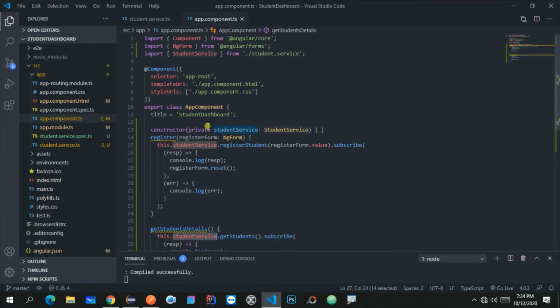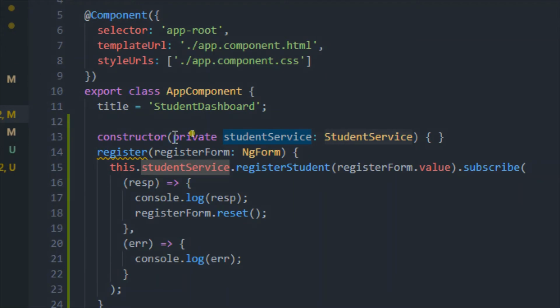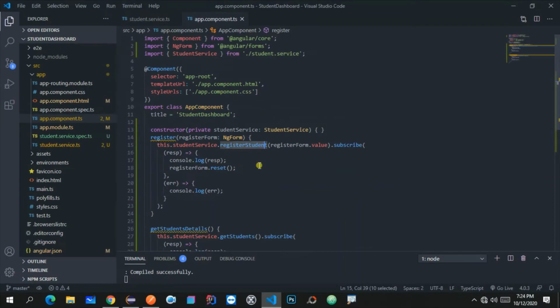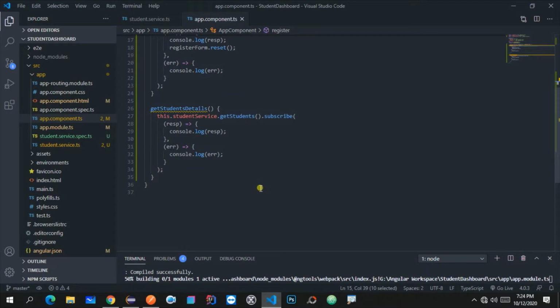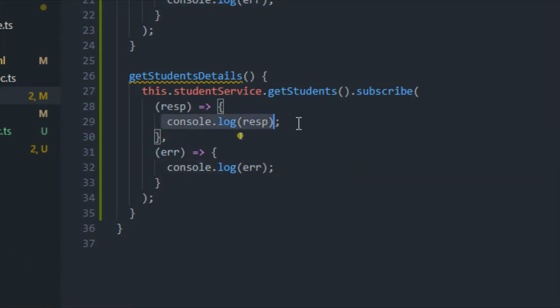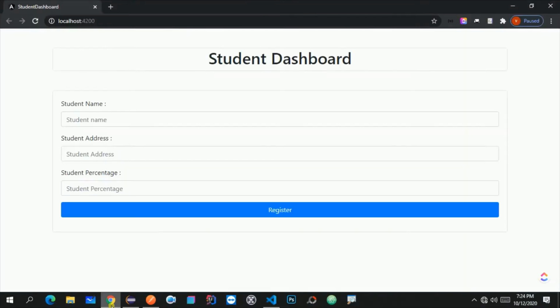So let me go to the constructor, and here as you can see we have already injected the student service in the previous lecture while calling the register student REST endpoint. Now let me save this file and let me show you how it will look. We are just printing this response at the console as of now. So let me go to the browser and first of all open the console,